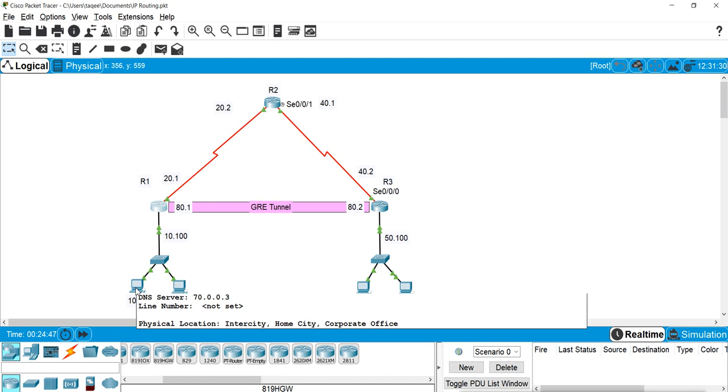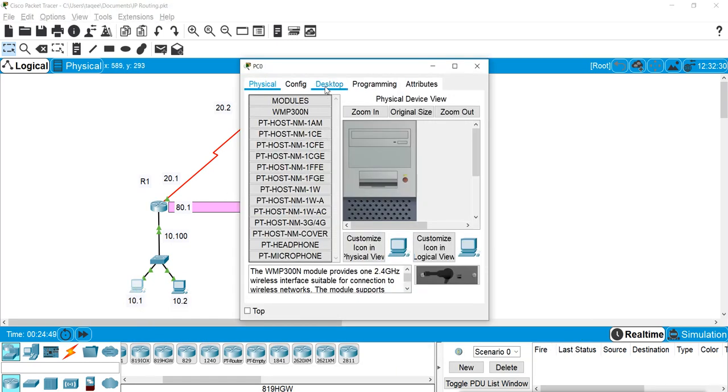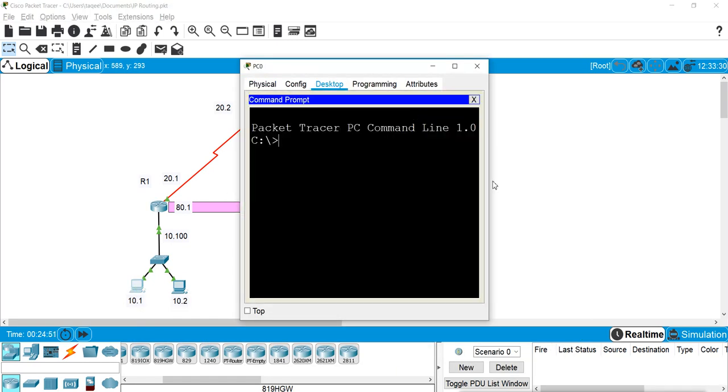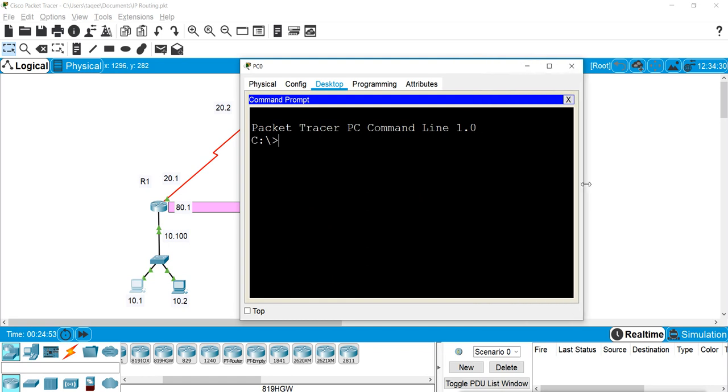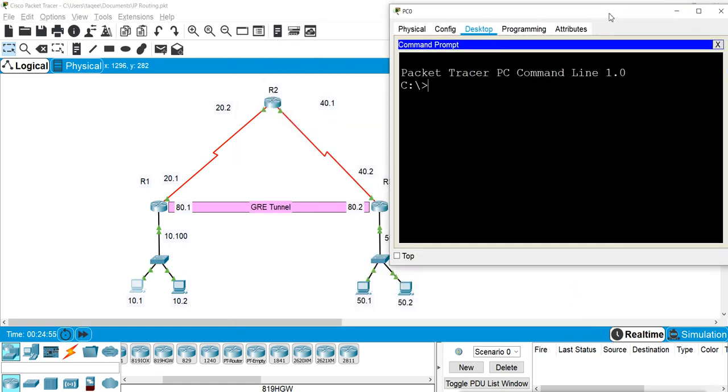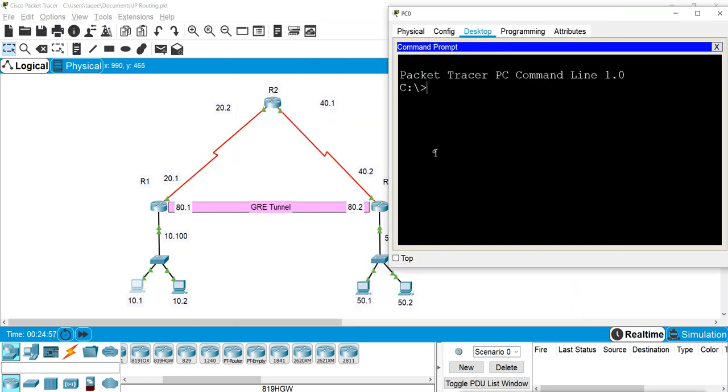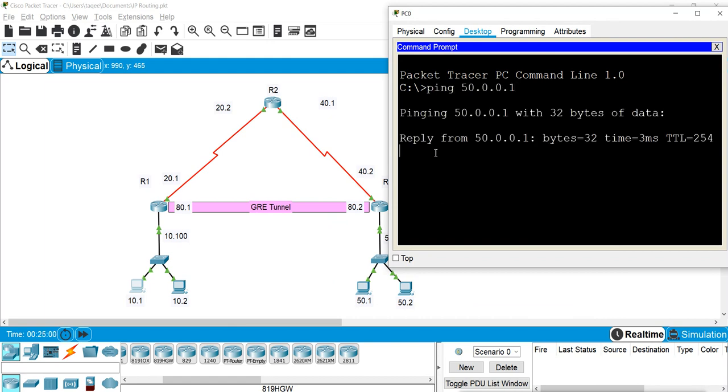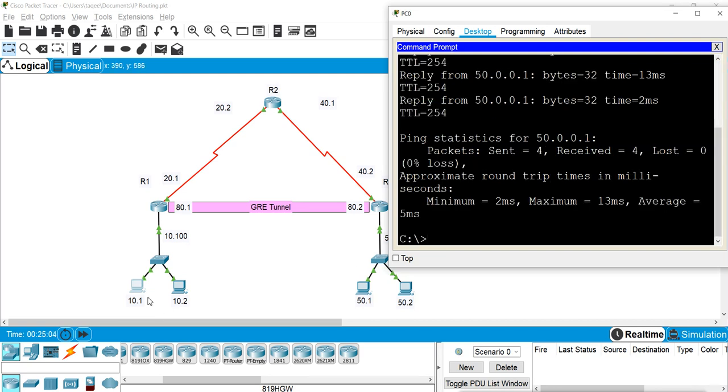We can try to ping also from this machine to this machine. And it is getting the reply from here to here, and it is using this tunnel. You can check by the traceroute command where it is going.